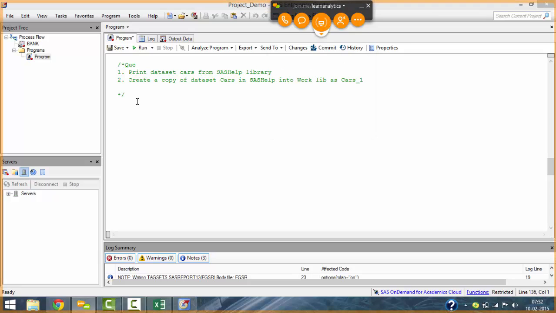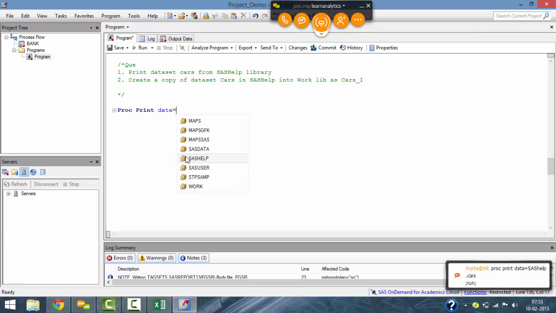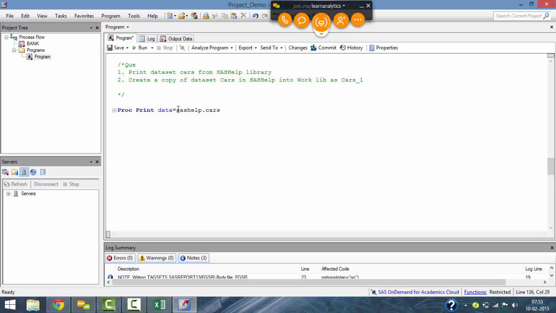Okay, no problem. The reason we are working on this example is just to know that when we're working on permanent libraries, we'll always have to specify the library name and the dataset name. Correct? I hope you can see my screen. It would be Proc Print for the first one, data equals, since we want to print a data set that is in a permanent library called SAS help, we'll have to specify the library name and then the data set name. So this will give the print view of the dataset cars, which is in SAS